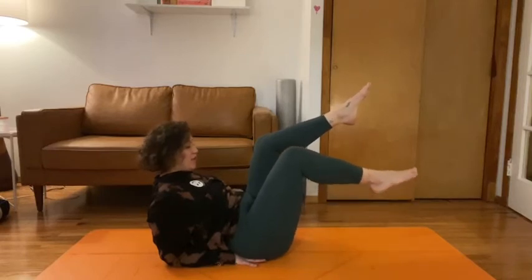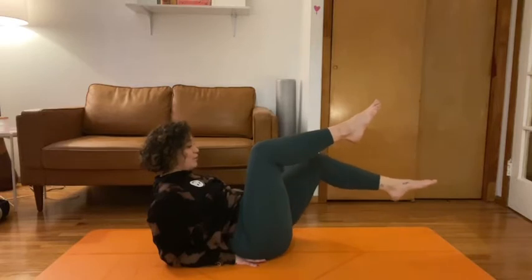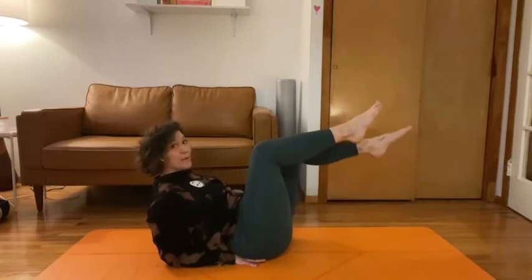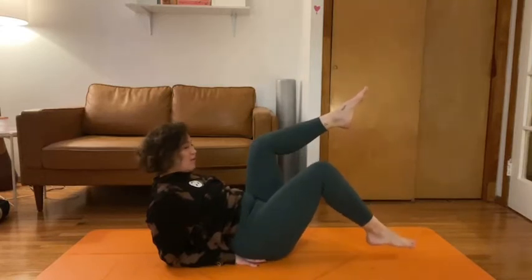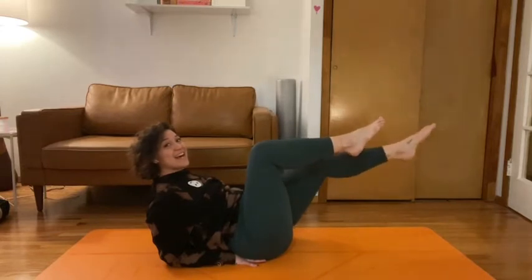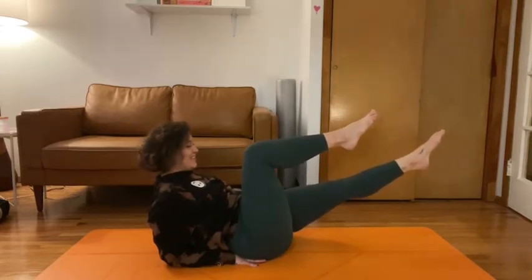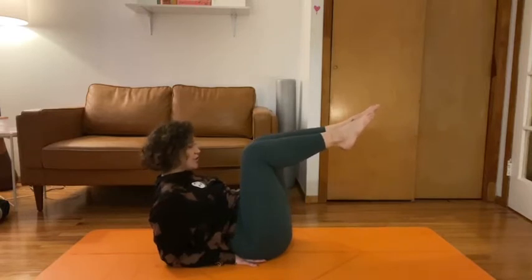of your range today. Try and keep your pelvis scooped, moving that thigh bone away, and then drawing through the low belly to lift it back up. If this is feeling super solid, I'm already sweating, you're gonna go ahead and straighten the leg, long and low, and then draw it right back in, curl your chest forward, head is reaching straight up towards the sky,